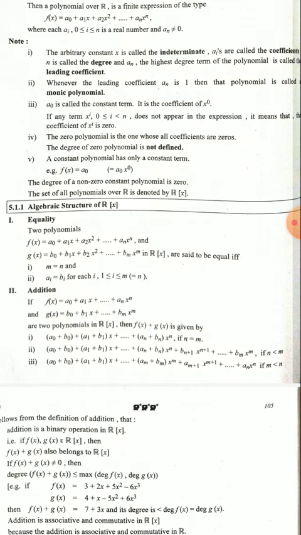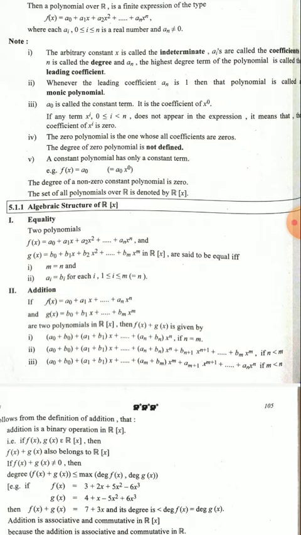Then f of x plus g of x is given by a naught plus b naught plus a1 plus b1 into x plus dot dot an plus bn x raised to the power n